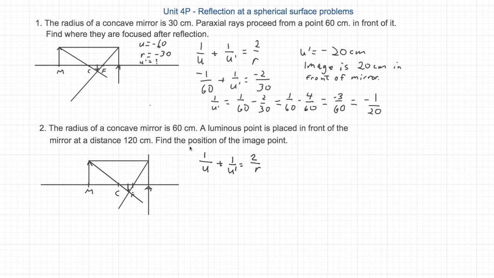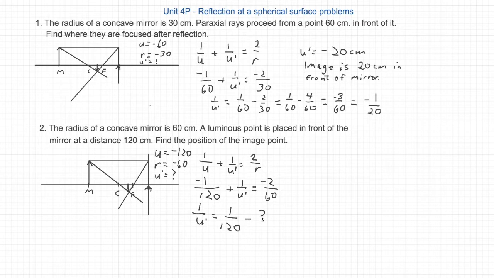Plug in again into our mirror formula. Now U is equal to negative 120, AC right to left. Our radius is negative 60, pardon me, U is AM, negative 120. The radius is AC, negative 60. We'll plug into our formula, and we find